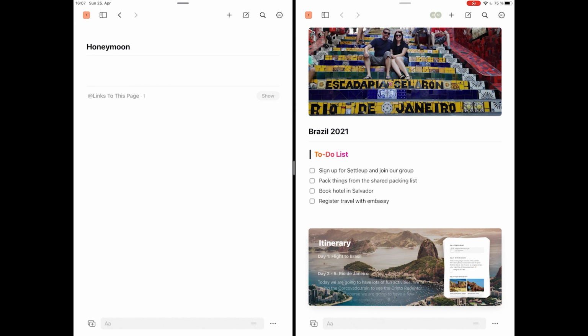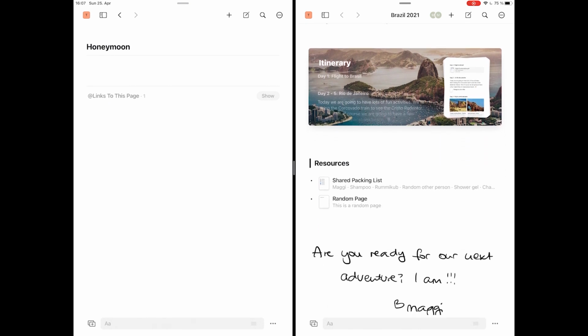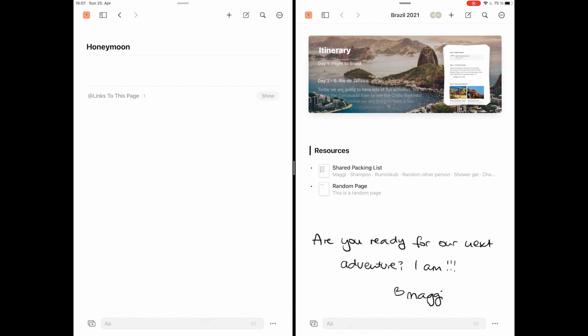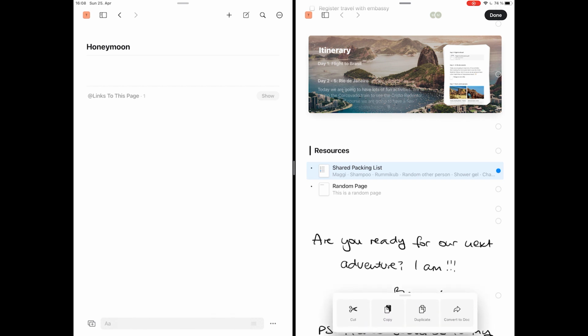Now let's say I want to reuse some parts that I created for the Brazil page on my honeymoon, for example the shared packing list. What I would do is mark the shared packing list, go to Actions and go to Duplicate.